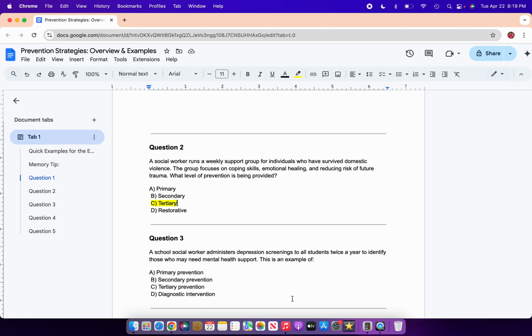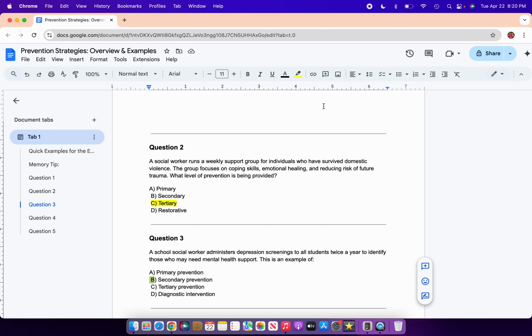The answer here would definitely be B, right? We're screening for something. We're trying to catch something early. So why is the answer B? So B is about early detection. We're trying to catch mental health concerns before they get worse. The students aren't diagnosed yet, but the goal is to find early signs and intervene before full-blown issues develop. That is why this is B.